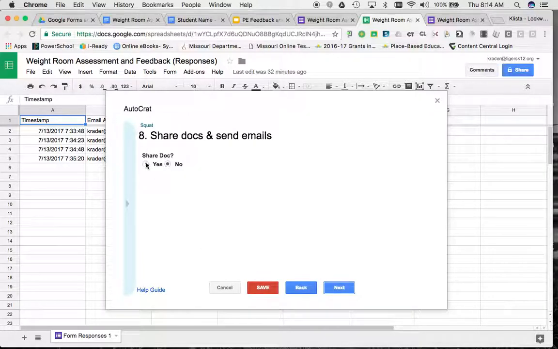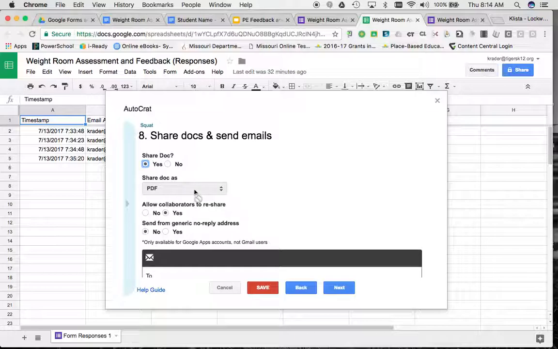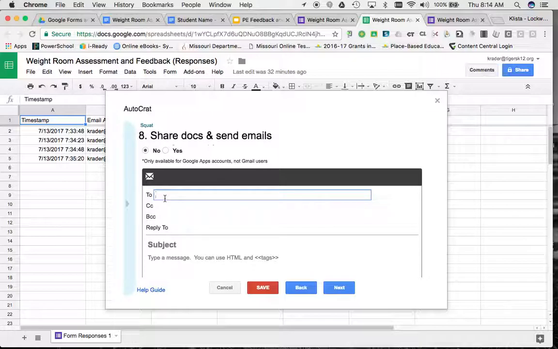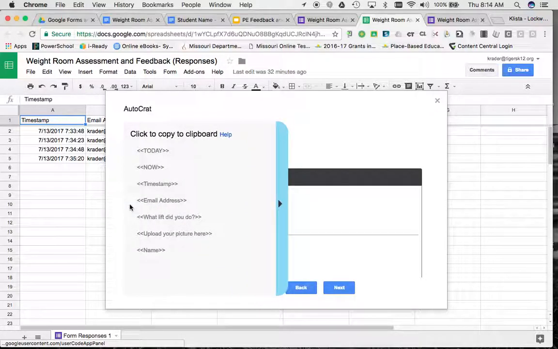Do I want to share it? Yes. I've already got it set, so it's going to share as a PDF. Right here, do you want your students to be able to reshare it? That depends. That's up to you. That honestly does not matter. Now, right here where it's 2, I needed to go back to the student's email. So I'm going to click right here. I'm going to click on email,